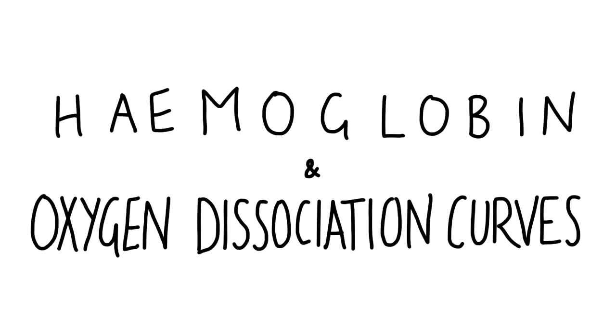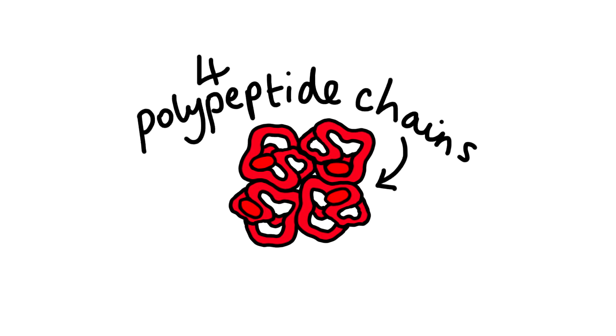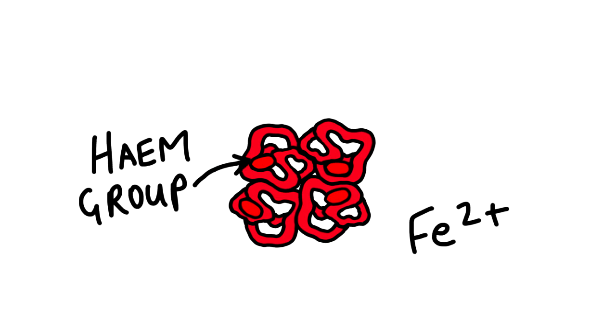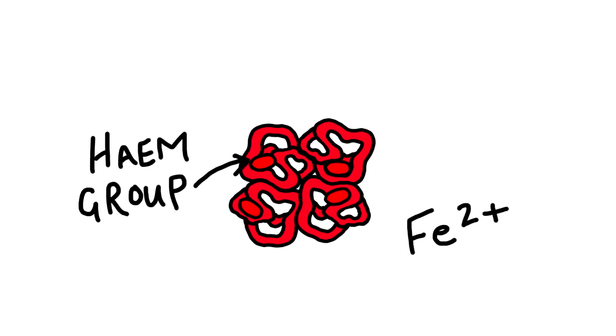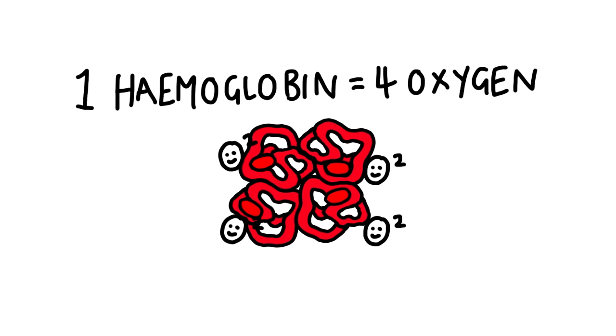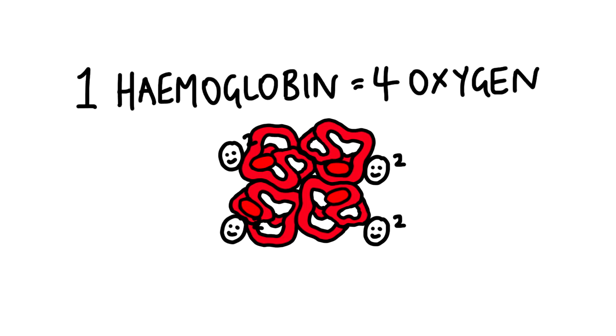Hemoglobin and oxygen dissociation curves. Hemoglobin is a large protein made up of 4 polypeptide chains, so it's described as having a quaternary structure. Each polypeptide chain has a heme group containing iron. Each polypeptide chain binds to one oxygen molecule, so one hemoglobin protein can carry a total of 4 oxygen molecules